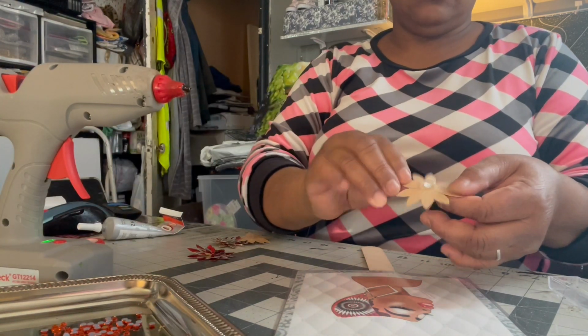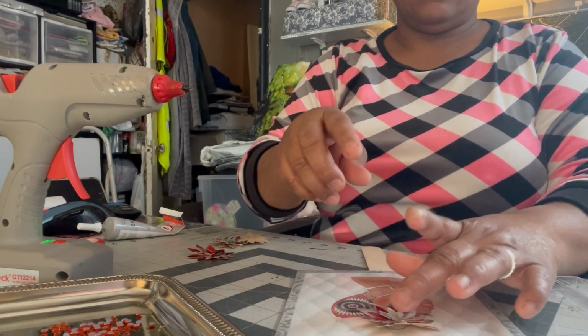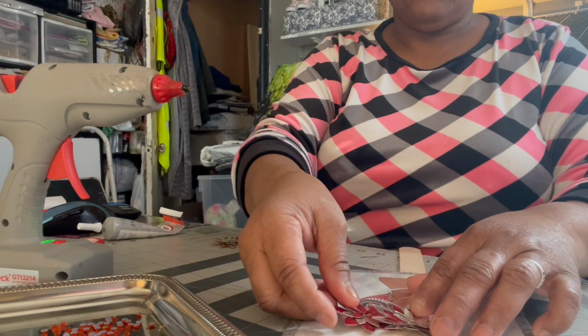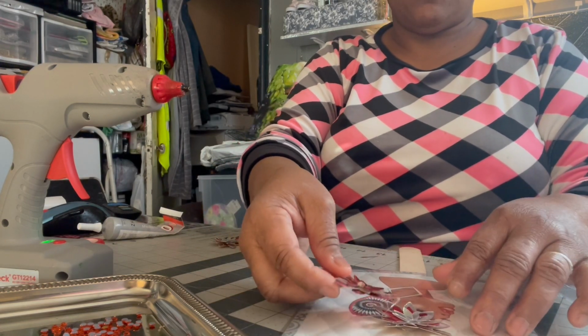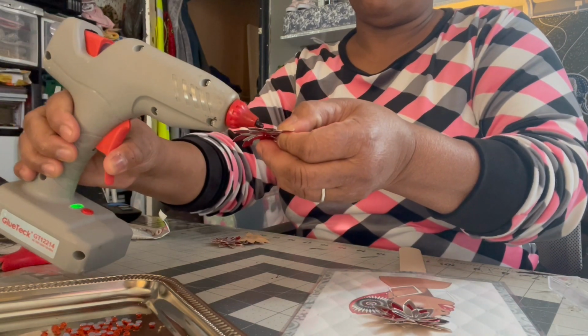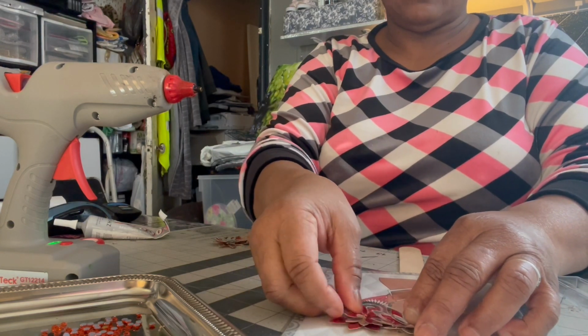So it was easy to pull off. So I'm just going to position these paper flowers on the head. And use paper flowers if you're going to make the diva yourself. Use the paper flowers because they're lightweight and it won't fall. It shouldn't fall apart. So I'm just going to add the flowers to the top of her hat